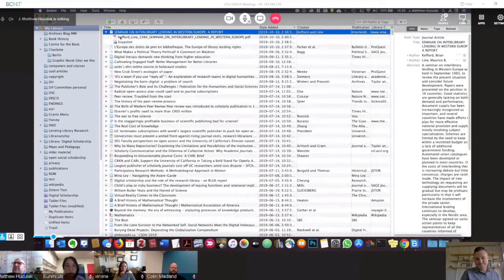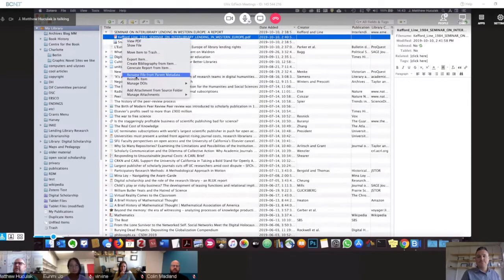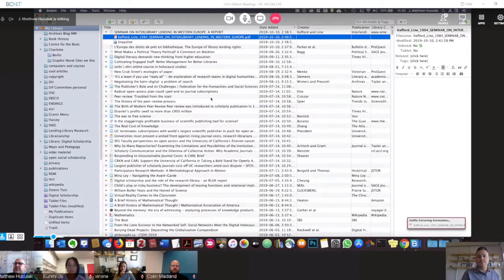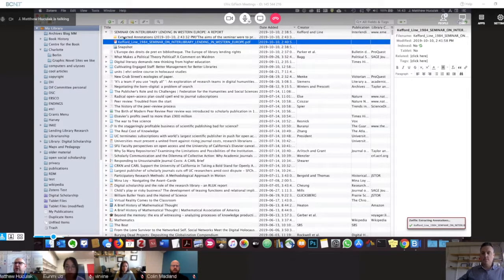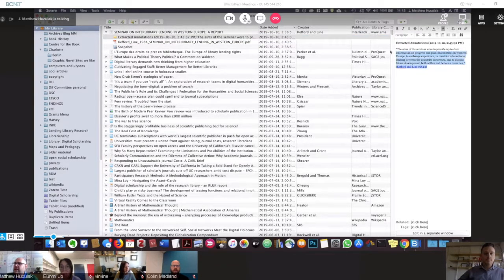When I go back to this PDF, and mind you, I'm not on the citation, I'm actually on the PDF. If I right-click and go to Manage Attachments and Extract Annotations, you can see that Zotfile is now going through that document and looking for annotations. And as soon as it's finished, it's going to create a new note file. And when I click on that note file, you can see here is precisely what I've just highlighted in my